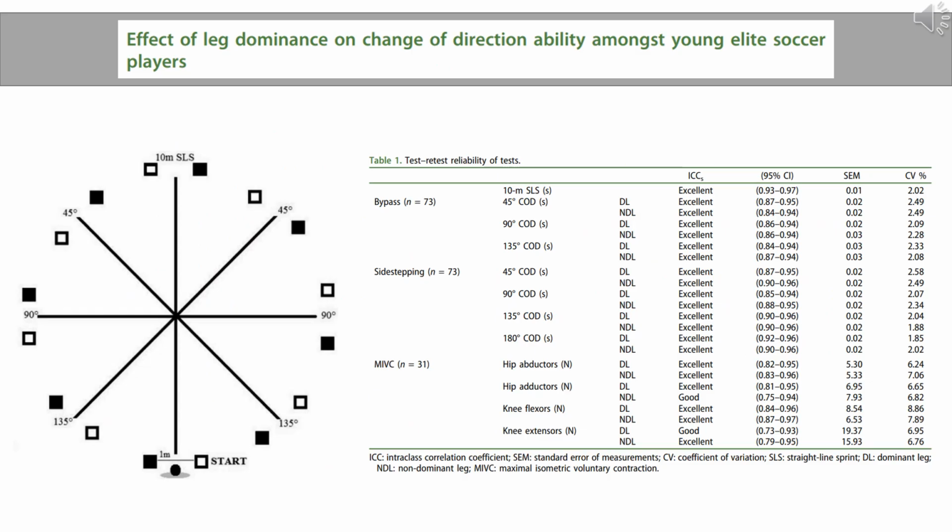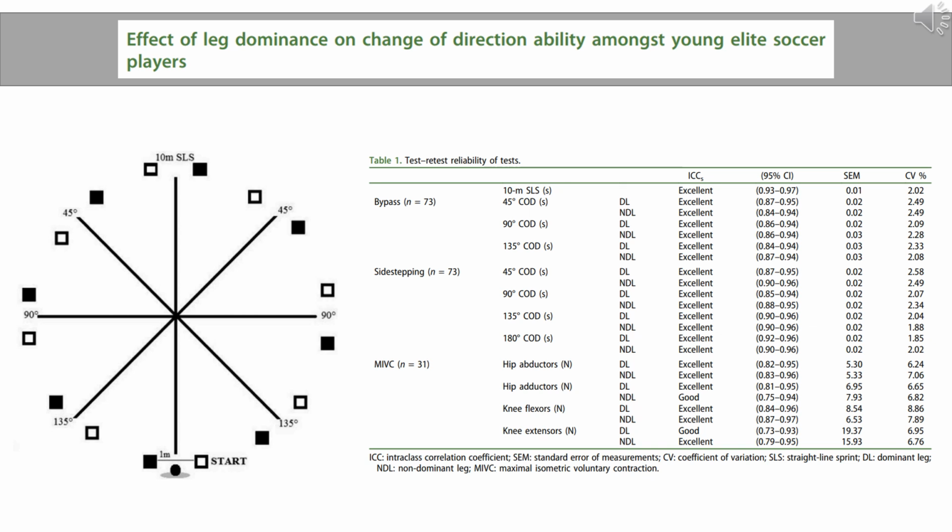Now this is one of my favorite change of direction speed research papers ever to date, actually. So this is a study by someone called Ruisi, and essentially what they were looking at was test-retest reliability of bypassing and sidestepping. Now what we mean by that is bypassing is essentially where I guess it's a bit more